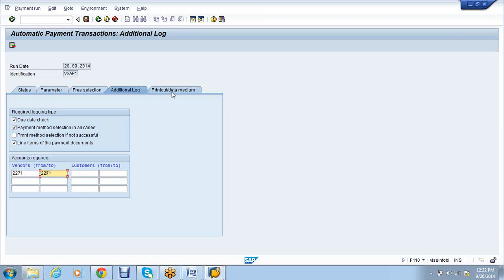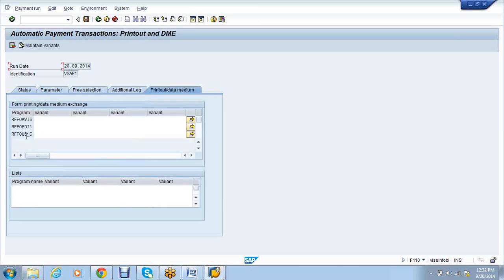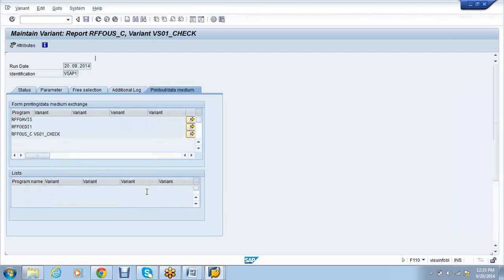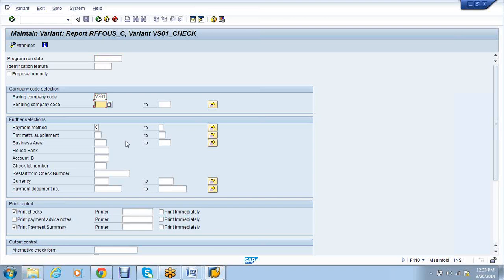Then go to print data medium. Now acknowledge the program which we have assigned in our configuration, RFFOUS_C. For that, we have to create a variant. VS01, this is for check. Give an identification, click on maintain variants. Okay, create full screen. Now, paying company code, sending company code,